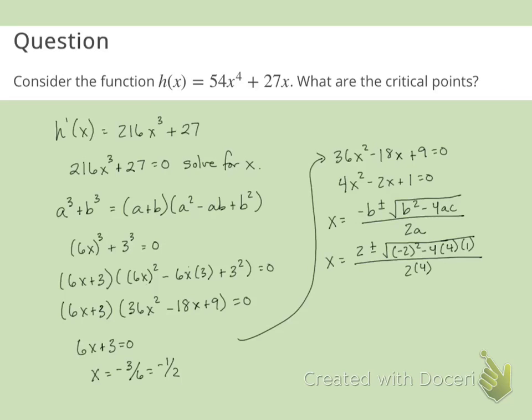And if you take a quick look, that value underneath the square root is going to be a negative because we're going to have 4 minus 16. So we'll have 2 plus or minus the square root of negative 12 over 8, and this is not real. So since this isn't a real value, it can't be a critical value. So our only critical value is this